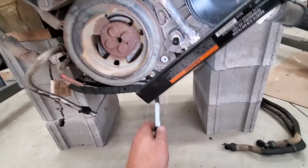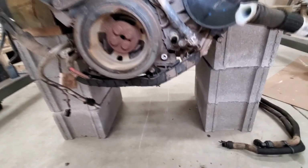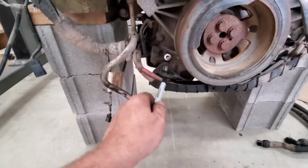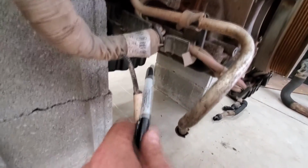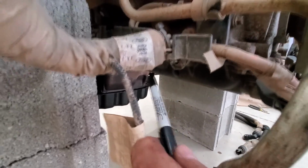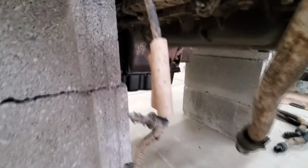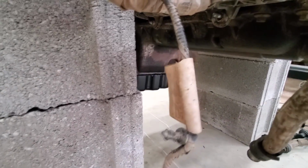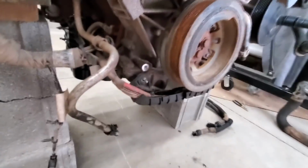There's two studs. Oop, it's in the way. There's a stud right there and a stud right there. There's two on the sides. One is right here, it's a little hard to see right there. And there's one behind it in the back right there. And once I get that harness off,